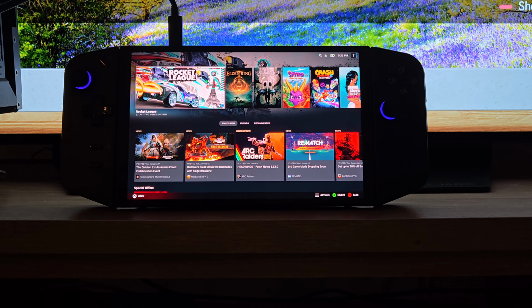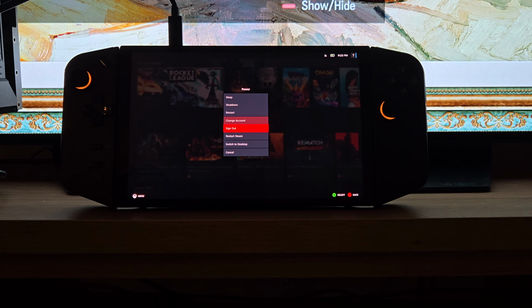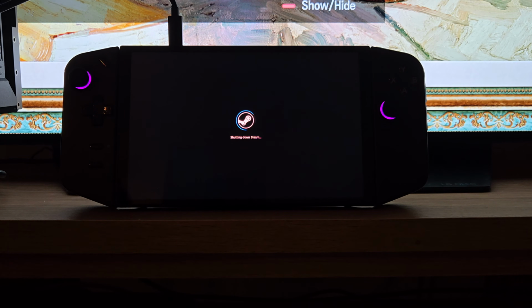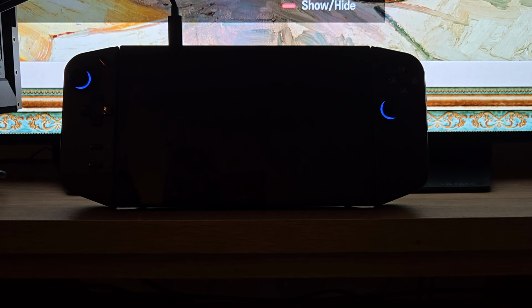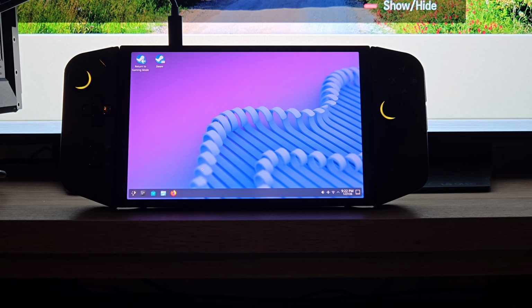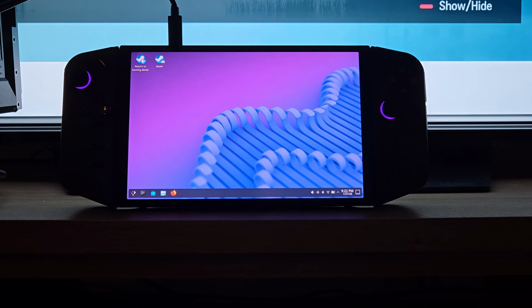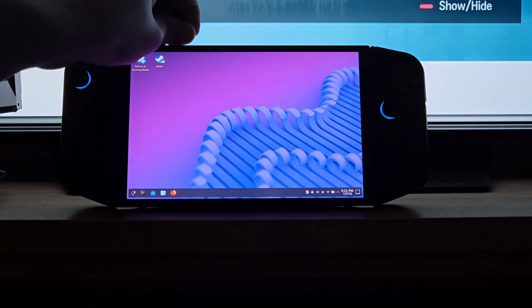Okay, so the first thing you'll want to do is to go into desktop mode. So to do that, you just bring up the left menu, click power, and then come down to switch to desktop. Now, once it's come up on desktop, you'll just need to unplug the cable and plug it back in. So if I just do that here,